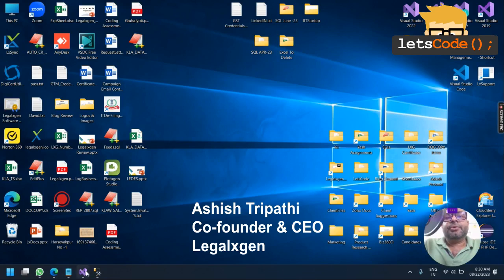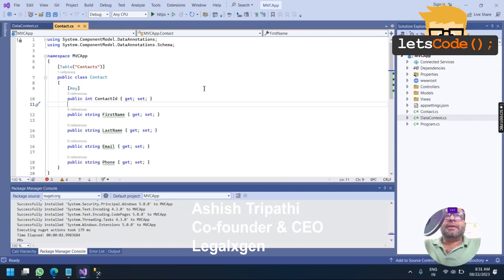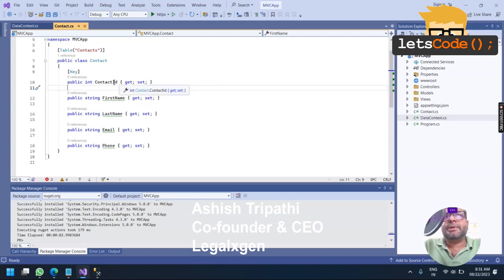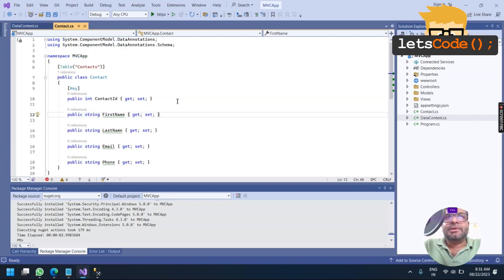So in our last video, we saw the data context class and the entity class, and we got glimpses of Entity Framework. Basically, Entity Framework is the one that helps you connect with the database. And we have already seen the entity class. Just to give you a recap, the entity class is nothing but the class representation of your database table. If this class has those many properties, those are the columns in your database table named contacts. Each property has a defined data type. If it was int in your SQL Server database, it is integer. If it was varchar, then it is string. So your entity class is the class representation of your database table.